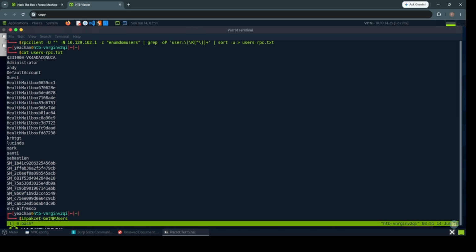The name is important, and GetNPUsers is like get no pre-auth users. It checks which users do not require Kerberos pre-authentication. In simple terms, the tool asks the domain controller for each username I provide to give us ASREP